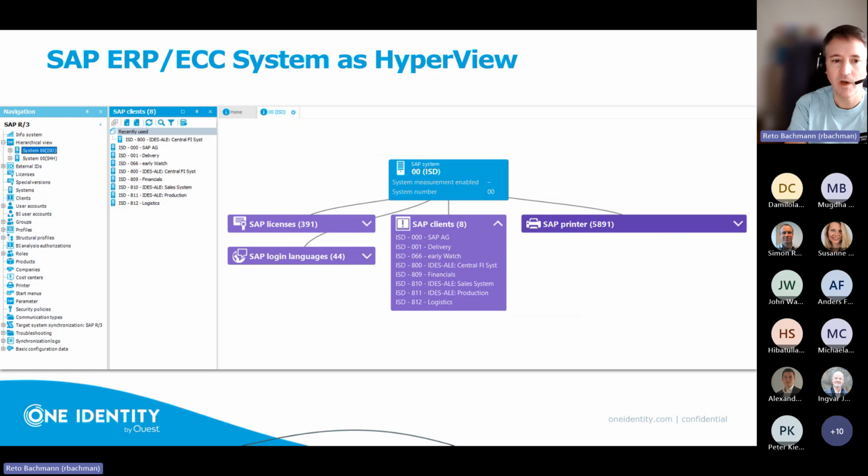And then we can run also an attestation to inform either the user directly or the manager or the role owner to ask them if this license or this role is still used or required,